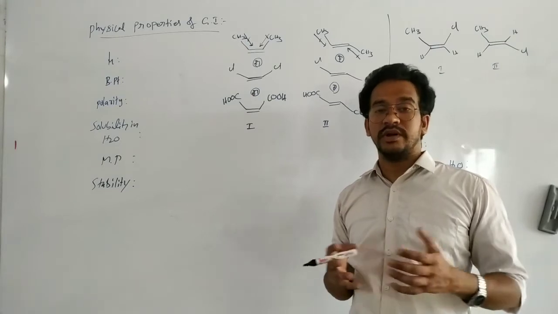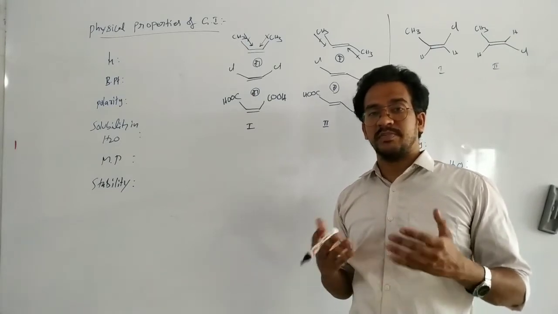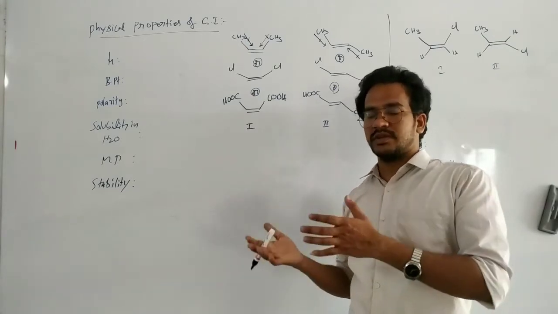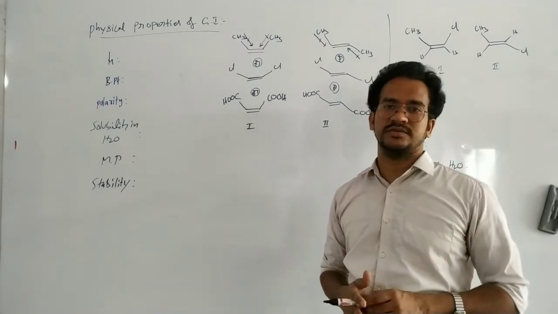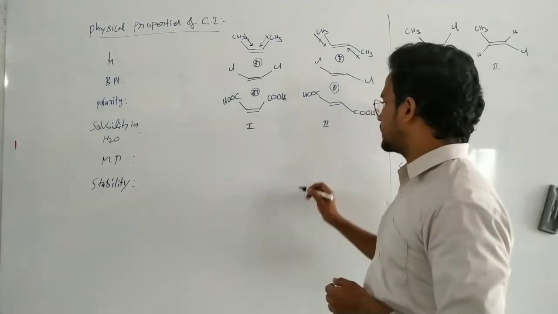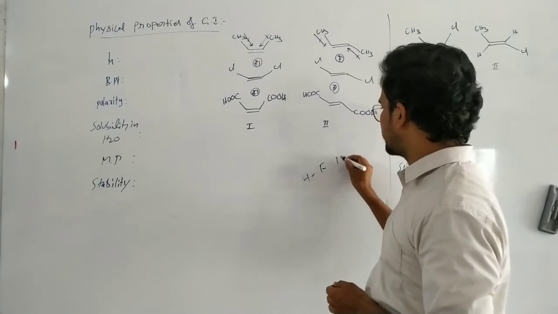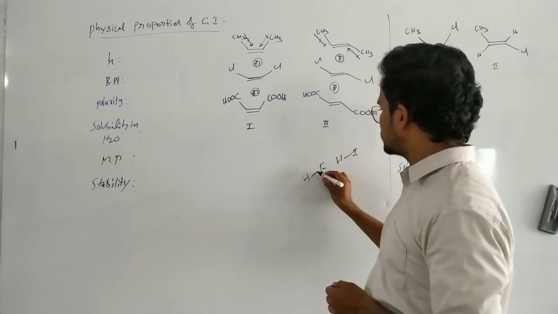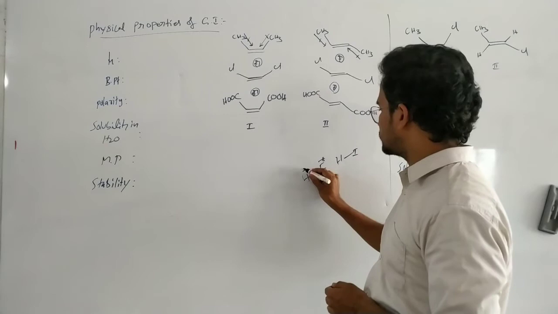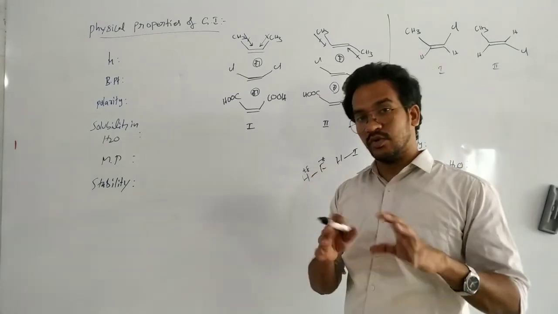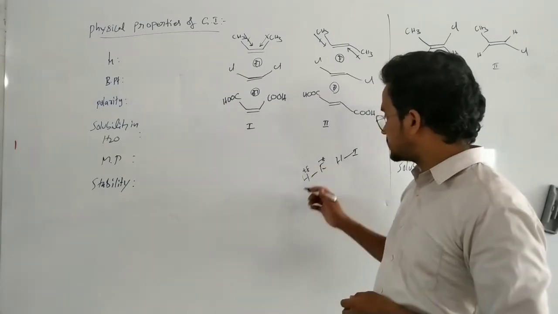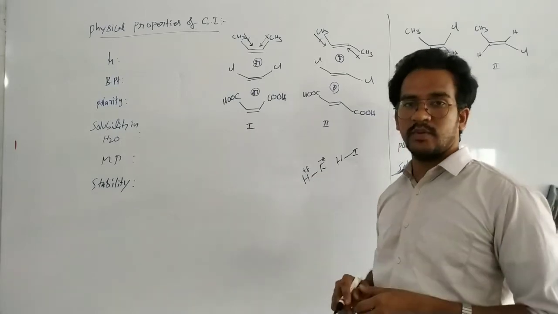With more electronegativity difference, there is separation of charges. There is a more negative charge and a more positive charge. That means the dipole moment increases. For suppose HF and HI. Here in this case, fluorine has a more negative charge and this one a more positive charge because of the larger electronegativity difference. As a result, this one has a higher dipole moment.